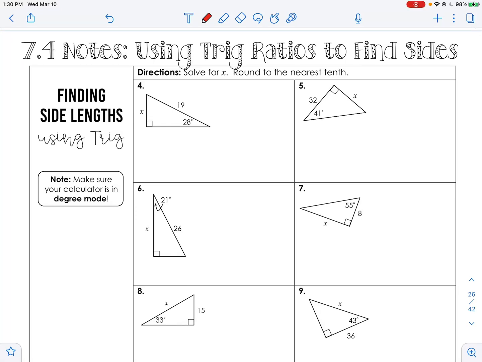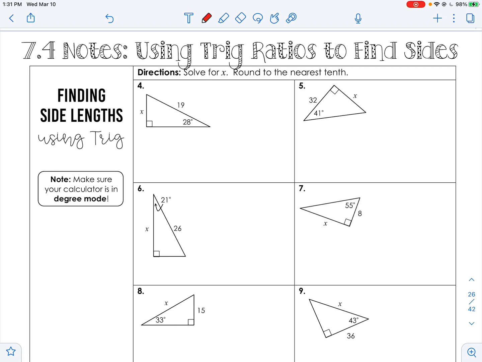All right. Unit 7, Section 4, using the trig ratios to find sides. When we did trig ratios in the last section, we had all of the sides, or we used two sides and the Pythagorean theorem to find the third side. And what we could do then is find the measure of the angle, right? The sine of the angle equals that fraction. So if you do sine and then type in the angle, you should get that fraction's worth